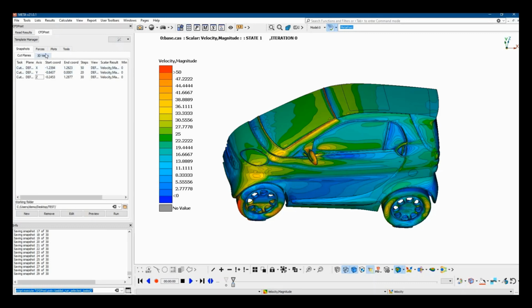Now let's see the second sub-tab of the Snapshots tab, which is called 3D Views. What it does is it actually helps us to generate 3D views, snapshots of our model according to our specifications. In order to do so, we need to organize our model in sets, because this tab actually gives us the ability to select which sets of the model will be active, will be visible during the snapshot creation, which ones will have results on them, which ones will be colored according to a custom color. So let's go and see how it works.